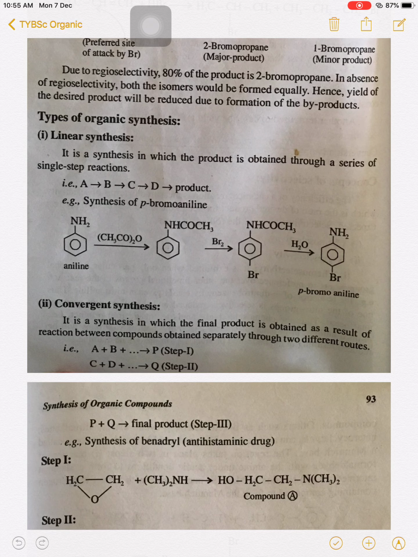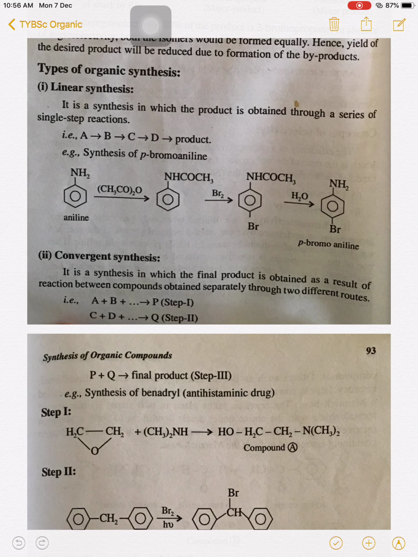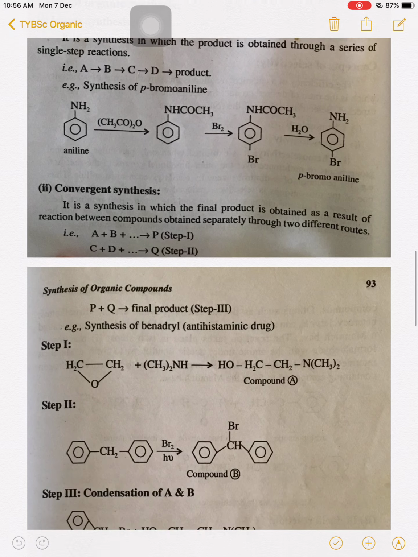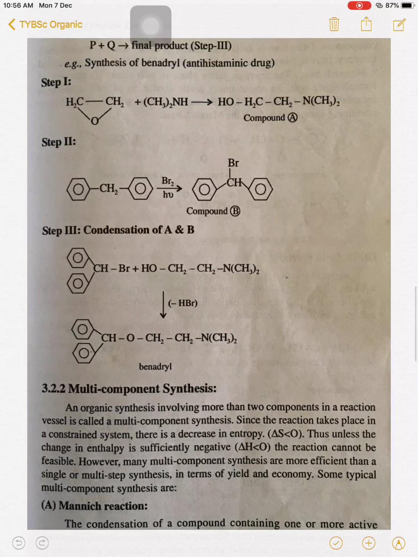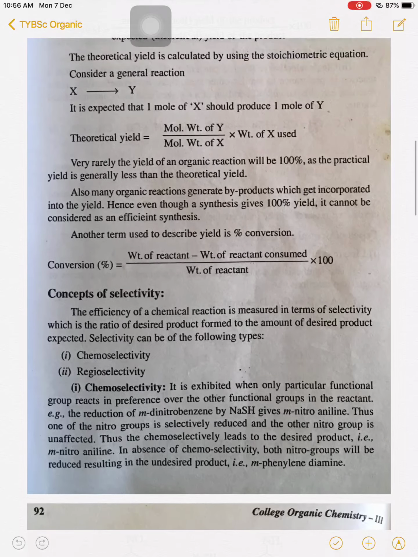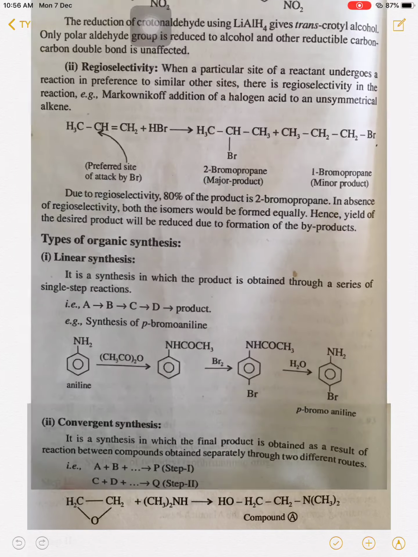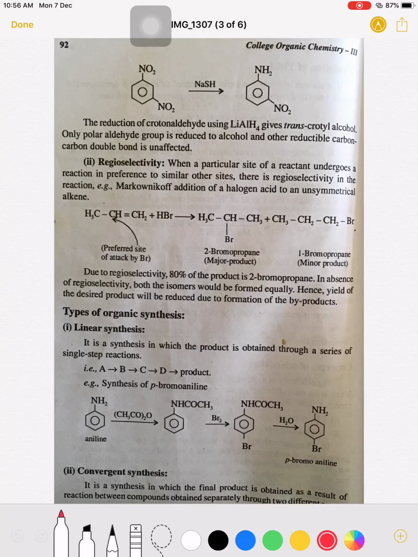There are different types of organic synthesis. First one is linear synthesis, second is convergent synthesis, and the next is multi-component synthesis. Now first, what is meant by a linear synthesis? It is a synthesis in which the product is obtained through a series of single steps. If there is a series of single steps in the reaction, then that synthesis is known as a